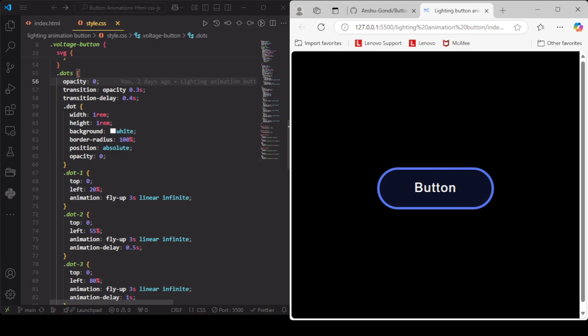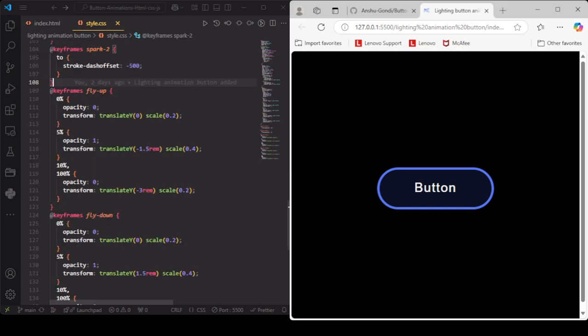We have taken the value of minus 1000 for the greater animation. For the fly up animation, at 0 the first second it will be nothing, translate Y and scale 0.2,